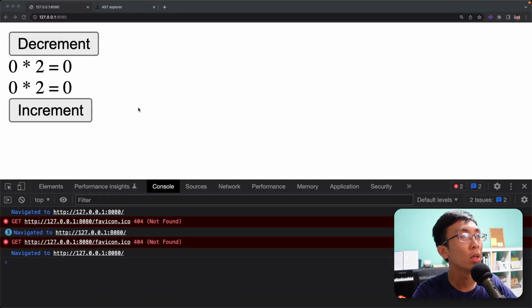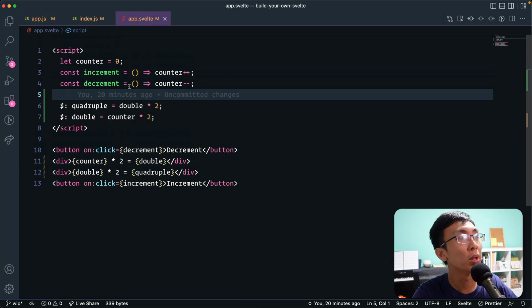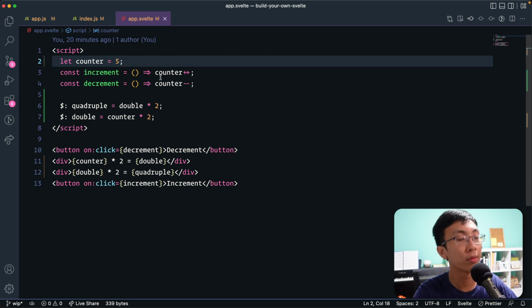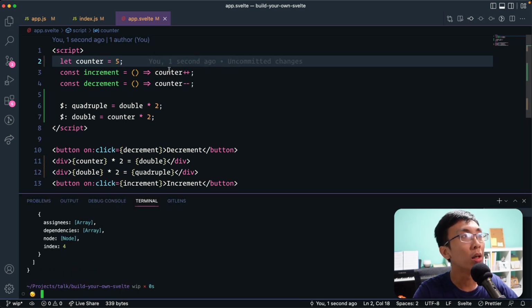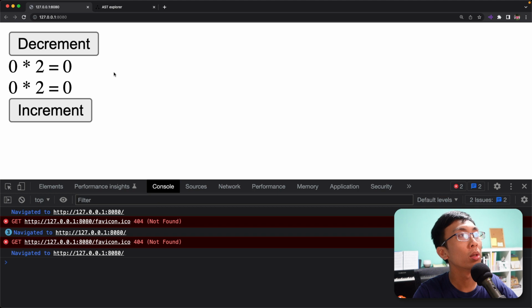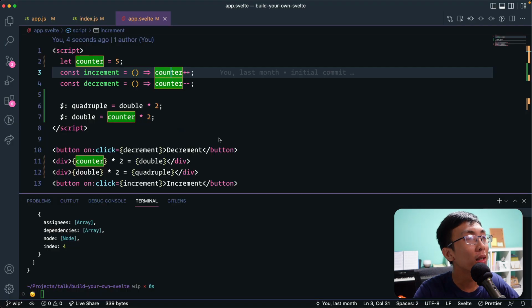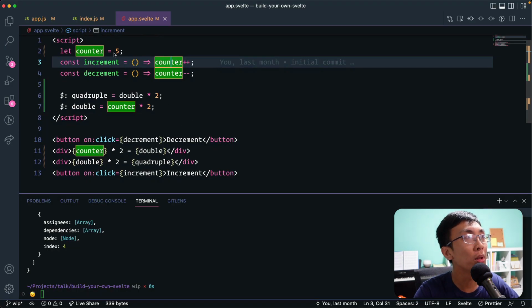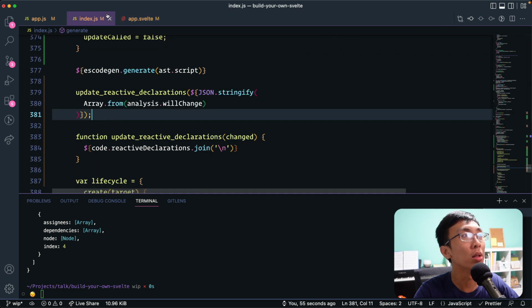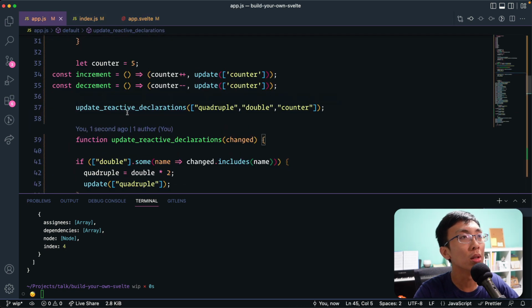You see it's correct. But it's not really correct because if the counter starts with 5, and if you run this code, hold on, 5 times 10. Hey, it is correct. It is correct because counter. Let's trace this because